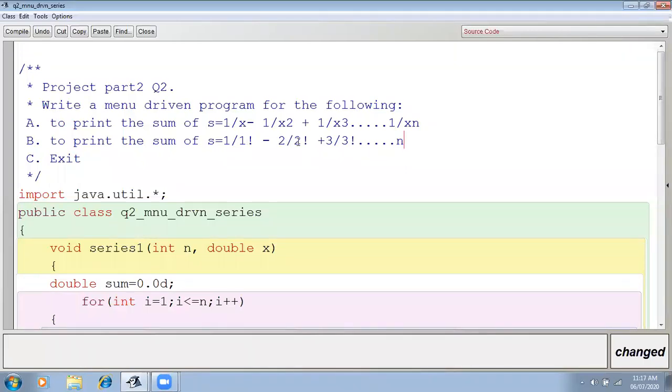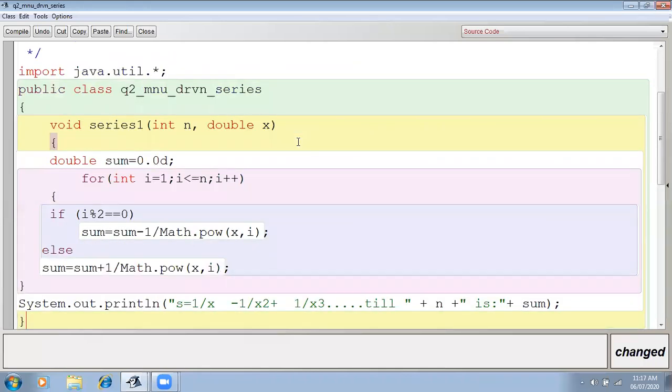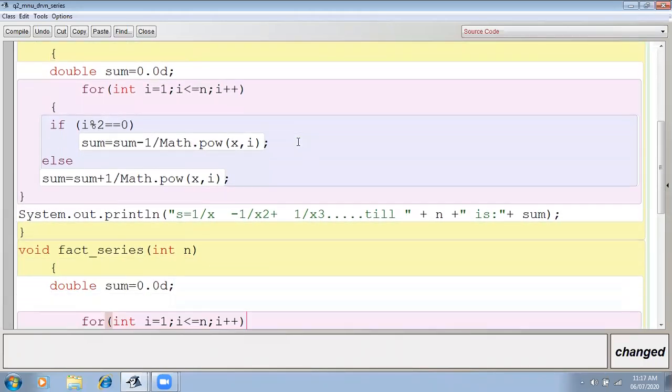Now again I'm reminding you of the meaning of factorial. If I want to calculate the factorial of 3, factorial of 4, factorial of 5, suppose I'm calculating the factorial of 5, then I have to do the multiplication from 1 to 5. 1 multiplied by 2 multiplied by 3 multiplied by 4 multiplied by 5. Then it will give me 120. So 120 is the factorial of 5. That means till that number I have to do multiplication from 1.